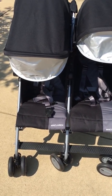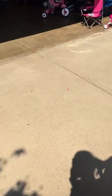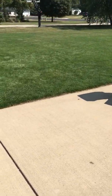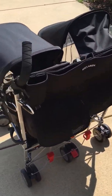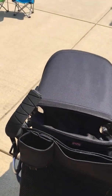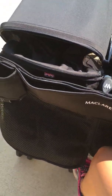The other thing that I think could use a little bit of revamping or redesign is the fact that once you get this broken down, and let's say it is going to sit in your car, because to be quite honest with you, I have a couple of strollers, and this is going to be used mostly for quickly getting in and out of the car, popping it out. I mean, that's the whole plus of having an umbrella stroller, is just the quickness of it. But once you have it down, I'll show you, it is really tough to, let me see how I did this again. All right. Once you have it down,